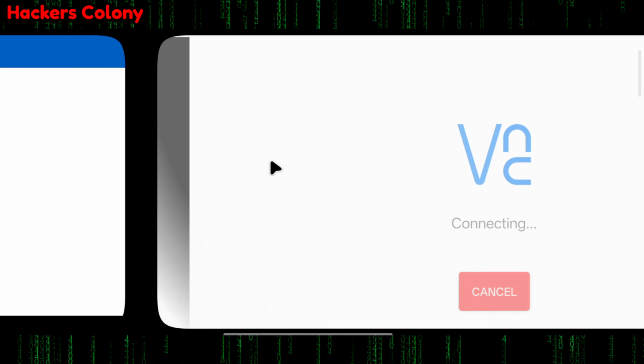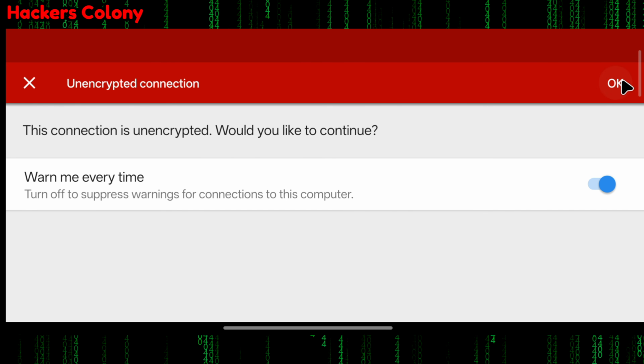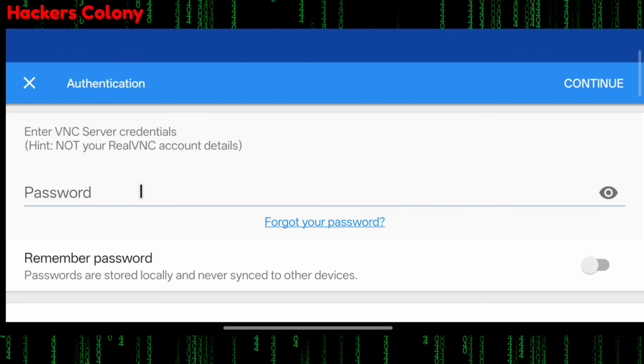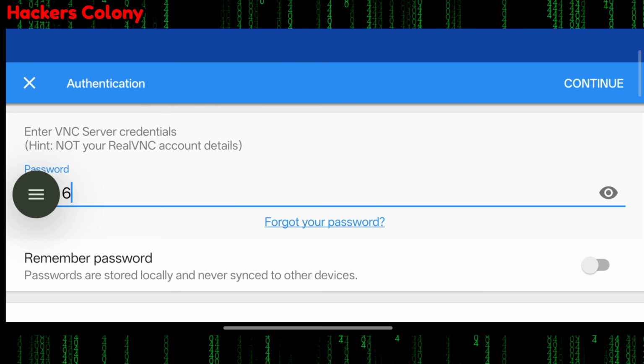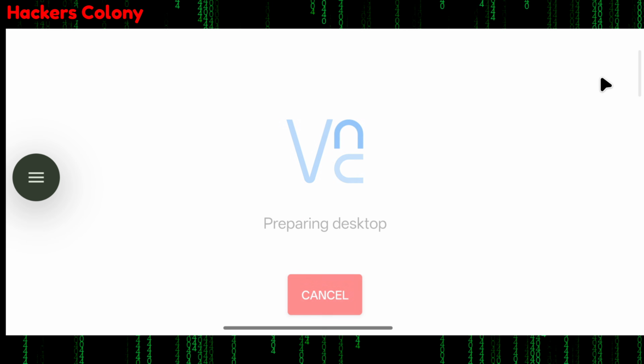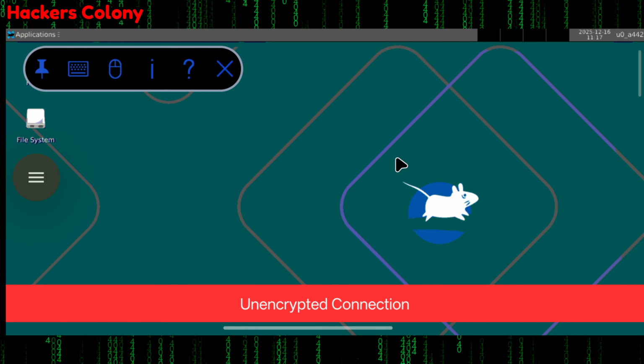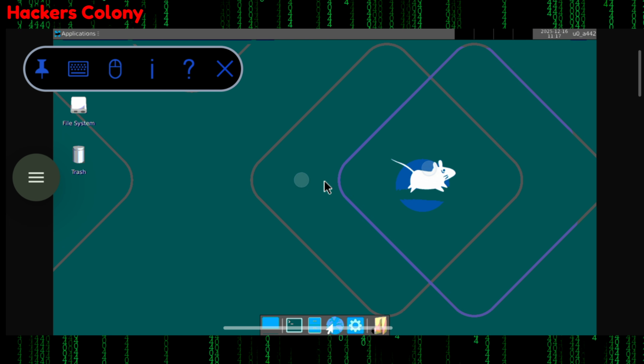Then you'll be able to see connect. Click on connect. Once you click on connect, you can see unencrypted connection. Just click on continue, and here it will ask you for your password. So you have to type the same password that you set up earlier in Termux. Then click on continue. Okay, once you click on continue, you can see Linux with GUI is working fine in